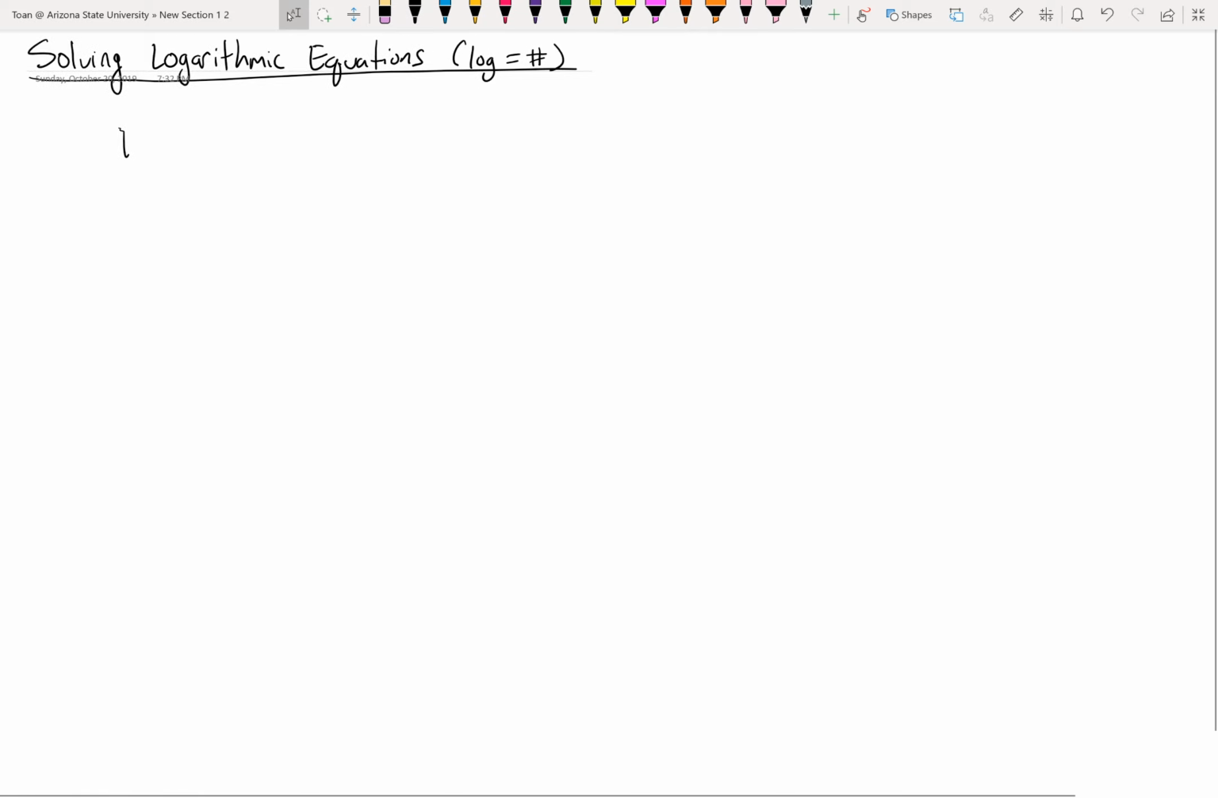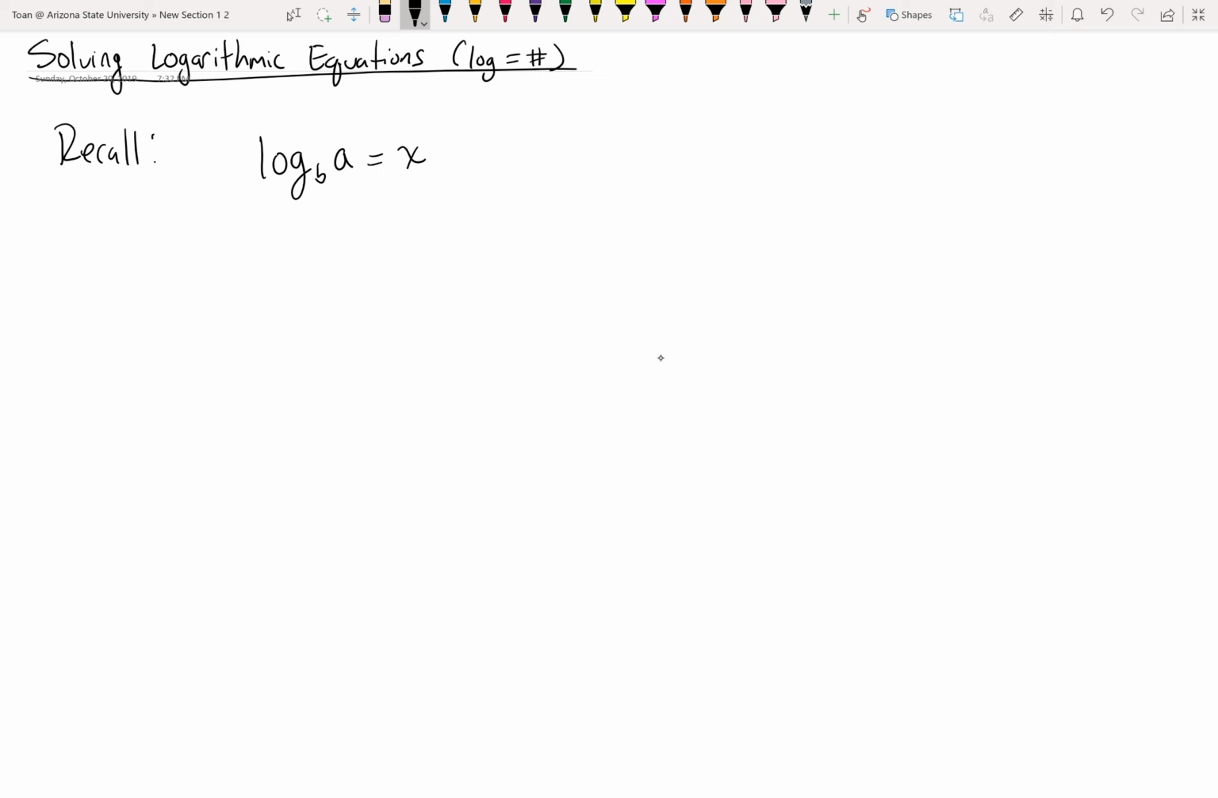So recall that if you have a logarithmic expression, log base b of some argument equaling x, what does this really mean? That means x is the exponent on base b that gives you an argument or an answer of a. So one technique of solving logarithmic equations is to transform it into an exponential equation, which you can then hopefully